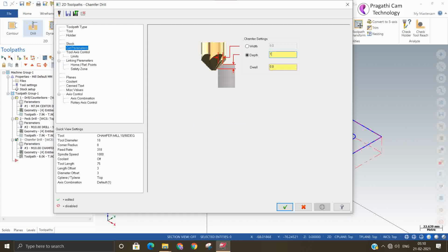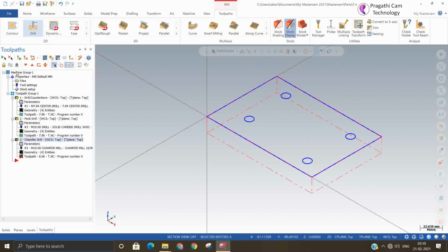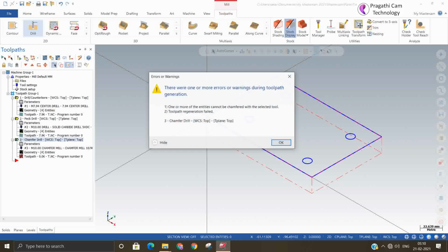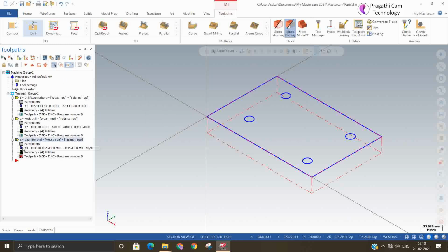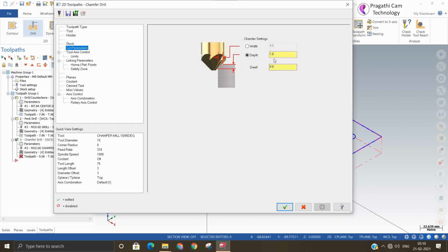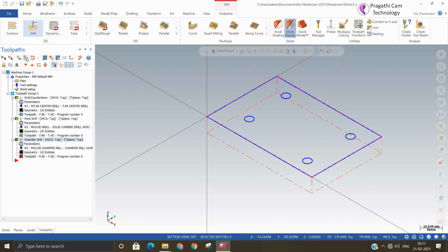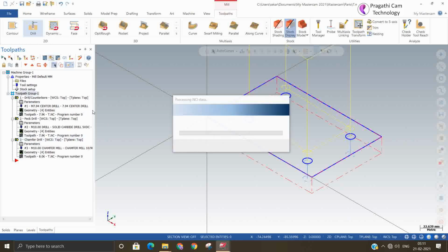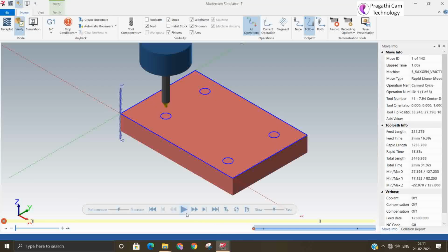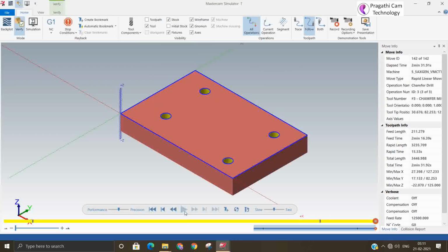I have given 1 mm. It shows some error. Now we'll see how it looks. It has not done.